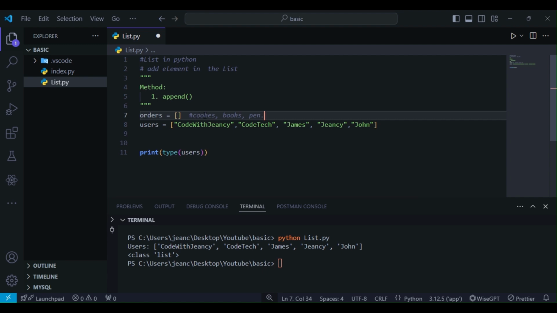So now I have to add this stuff like books or pen or cookies, something like that. Let me stay with only two elements there, and then add those elements inside our list. Now I have to add an element inside our list. To add it, it's very simple. Just use